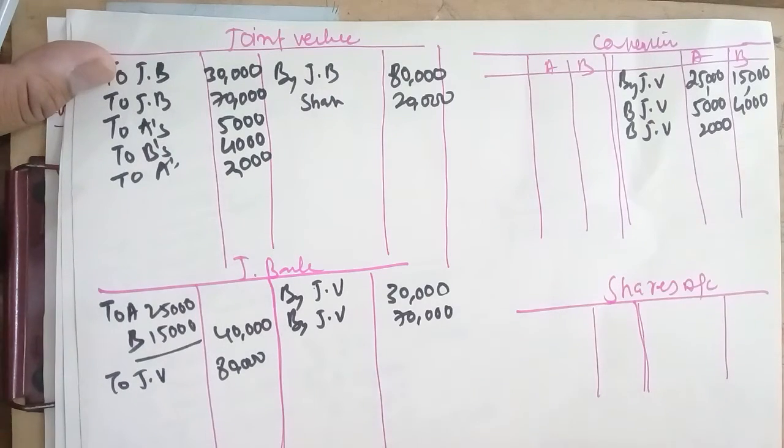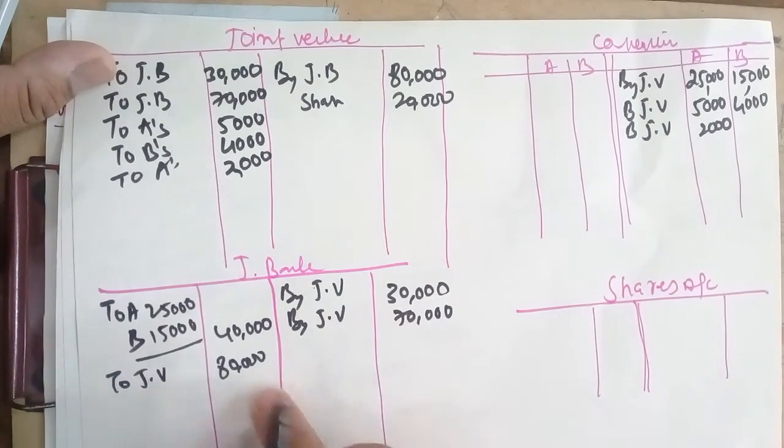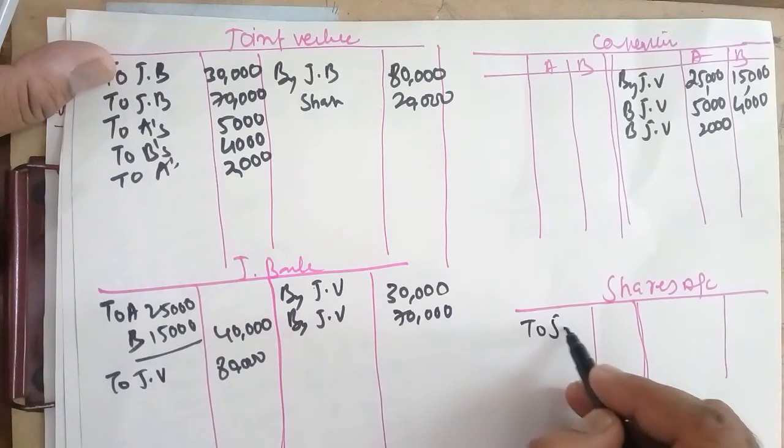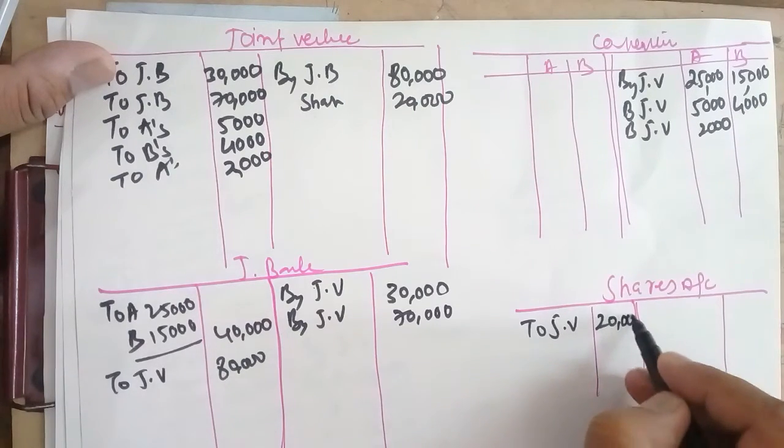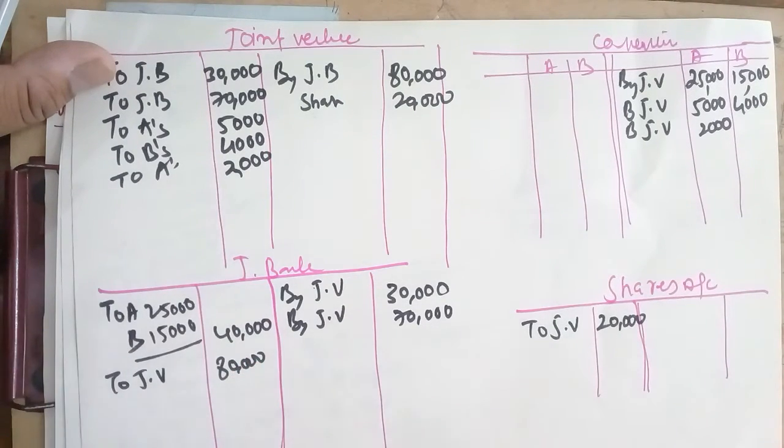So in shares account what do we write? Here we have written to joint venture 80, in shares account to joint venture 20,000. So shares cannot be written in bank account, bear in mind. That is not possible. Then the question further says that